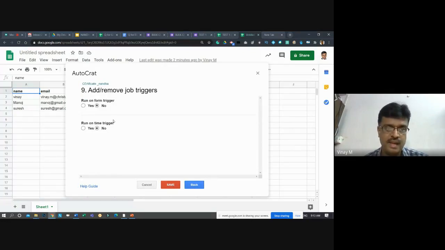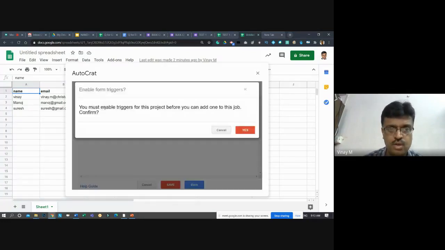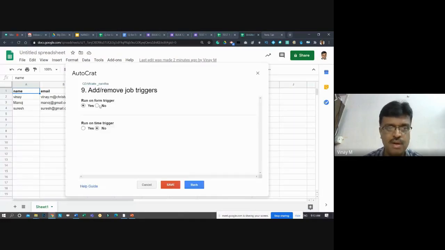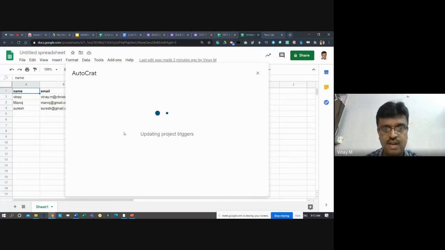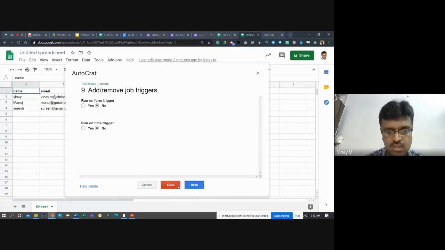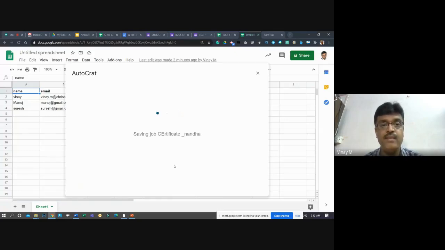Just save. It can also run on a trigger. If it is yes, you need to specify what the trigger is, other jobs and all, but you can experiment with that, based on certain things we'll be able to work on. But as of right now, triggering is not necessary for us to do. Just click on save, and I have made the basic settings.